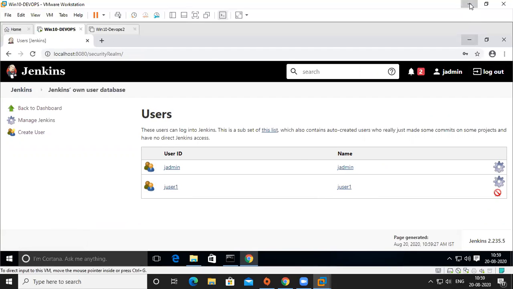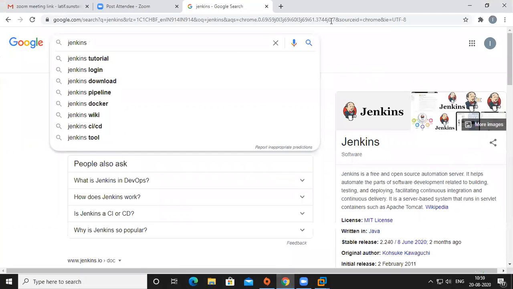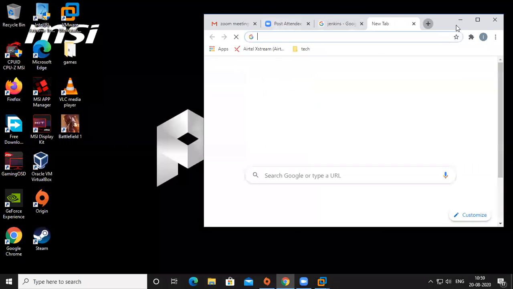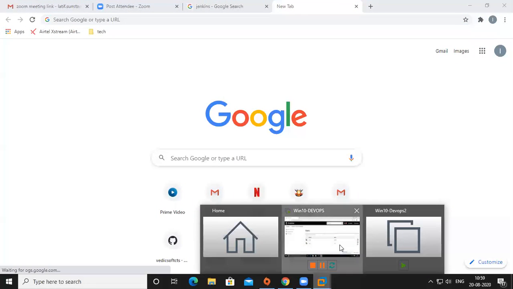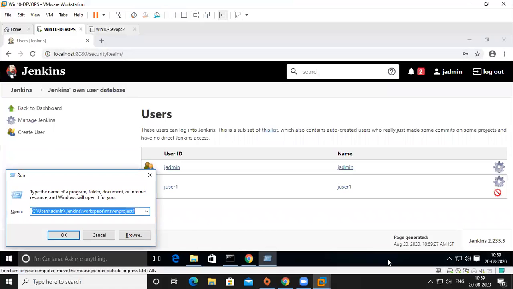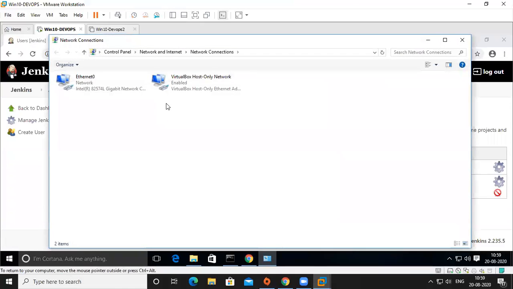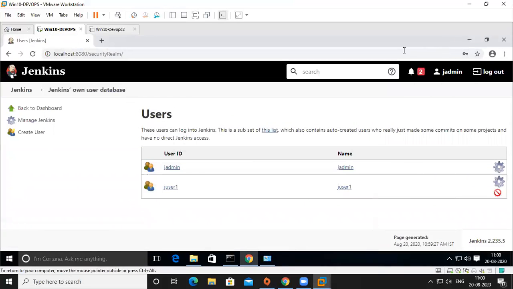I'm minimizing this complete machine. It's my physical machine now. In my physical machine, I want to log into that PC. How to log in? You can't give localhost like this; this is localhost, but you can't give it. So go to your ncpa.cpl and check our address, 192.168.2.248.